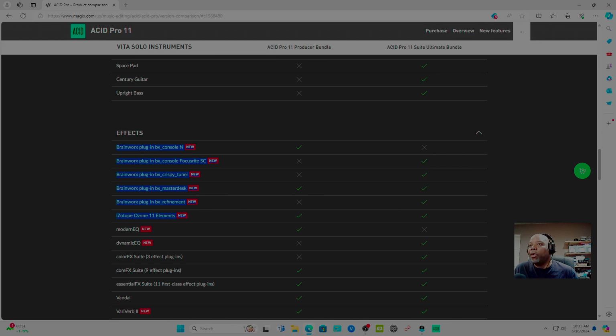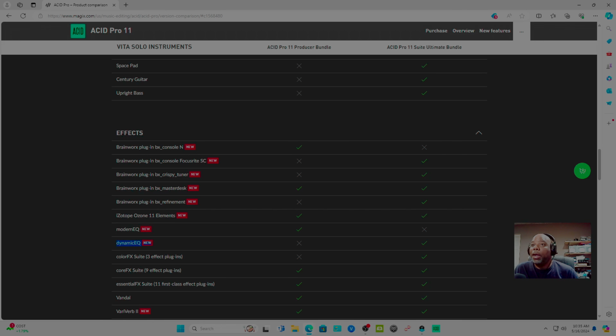The modern EQ. Some people asked about this in Music Maker. What is the modern EQ? It's pretty dope. If you got a Music Maker, it just already gives you some preset formats to do that. But Isotope Elements, Ozone, it could help with that as well. The dynamic EQ is going to offset that one for the modern EQ. But if you got both of them, you can scan them, you can use them.